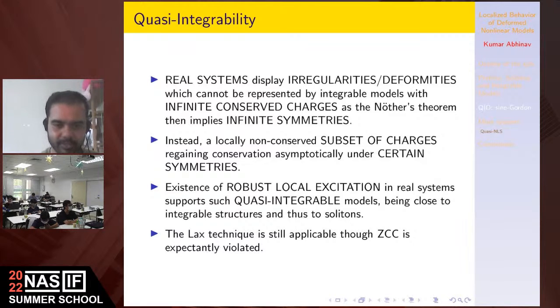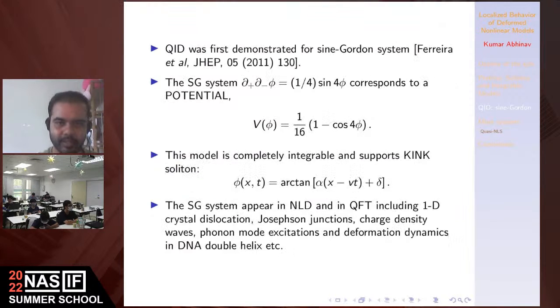And in the formalism, we use the Lax technique, so the Lax pair equation, Lax equation. And because the system is not completely conserved, you expect that the Lax condition is not satisfied. So the zero curvature condition is not violated. You expect that locally, but asymptotically it should. So, okay. As a concrete example, the way it was introduced first in 2011 by Ferreira and other people,